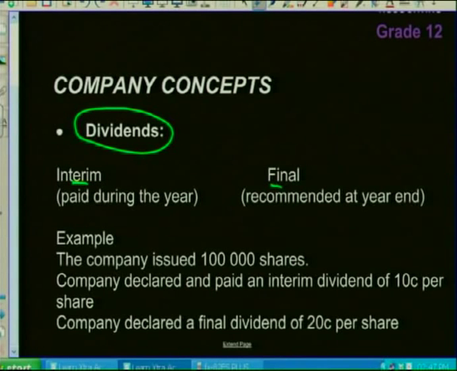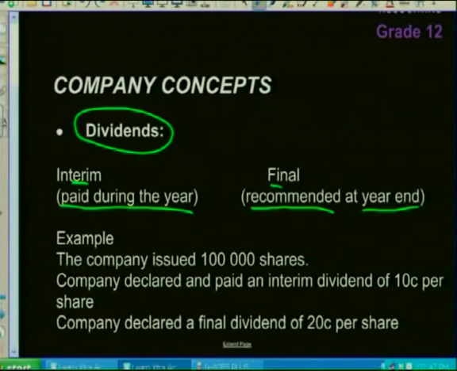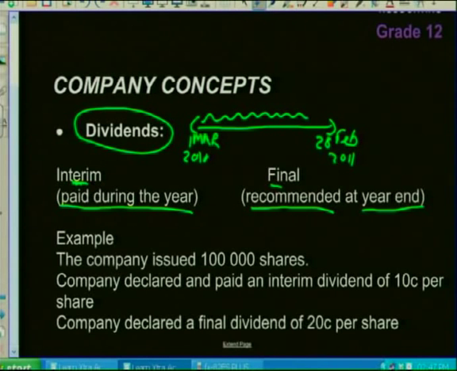Interim dividends refers to dividends that are paid during the financial year, whereas final is recommended. You're going to see, especially when we do exam type questions, that final is never paid. It's normally recommended at the end of the financial year. So if I had to draw a timeline, let's use the financial year 1st March 2010 to 28th Feb 2011. Interim dividend is paid during the year, whereas your final dividend is only recommended at the end of your